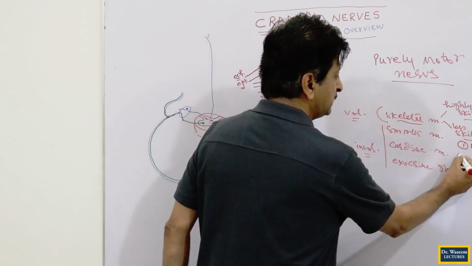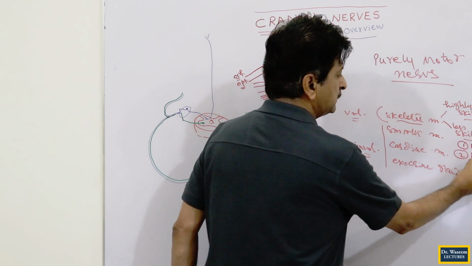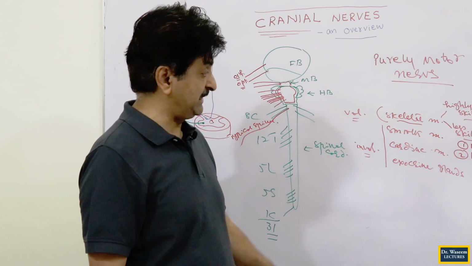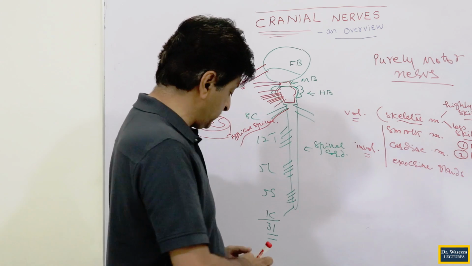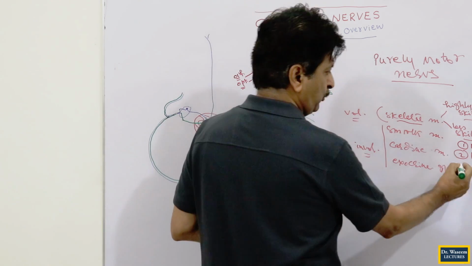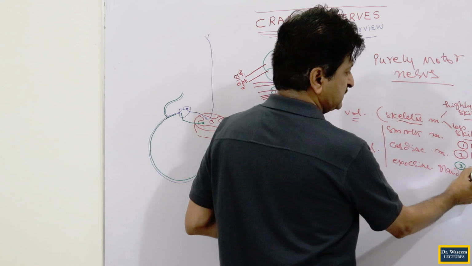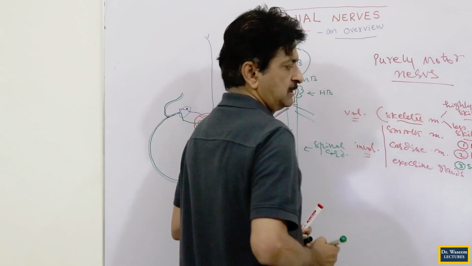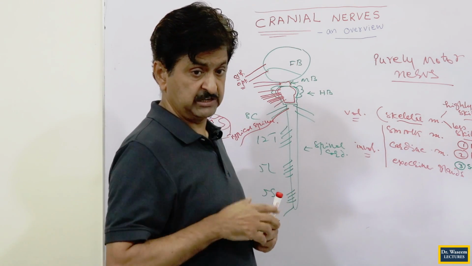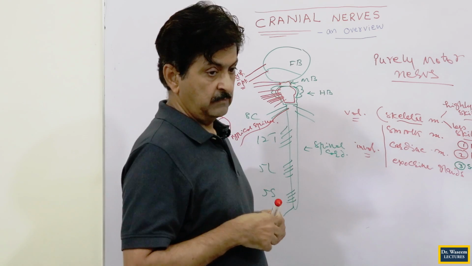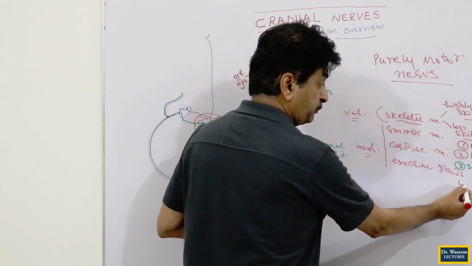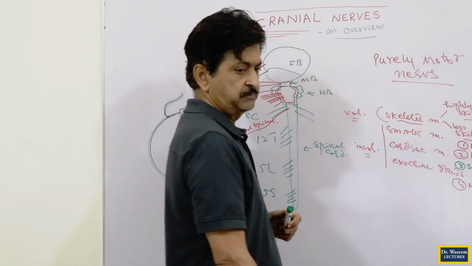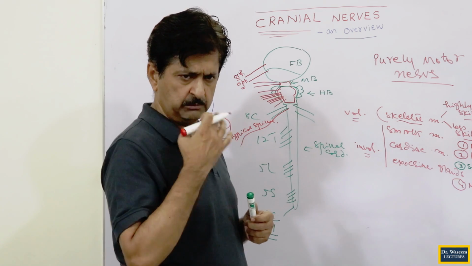I told you that the second muscle group is the muscles of facial expression, muscles of face, I am writing it MF. These are two big groups, the less skilled. But the third group is the group of one muscle only, I am writing it in green, that is called the stylopharyngeus muscle. This muscle goes to the pharynx, very important, and lifts the pharynx. Then the fourth group is called the muscles of pharynx, I am writing it MPH. Muscles of the pharynx, a very big group including the muscles of the soft palate, etc.